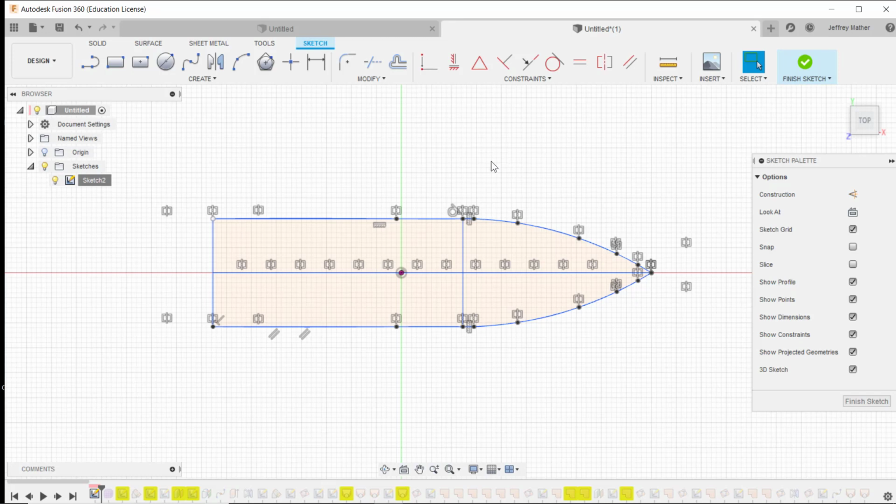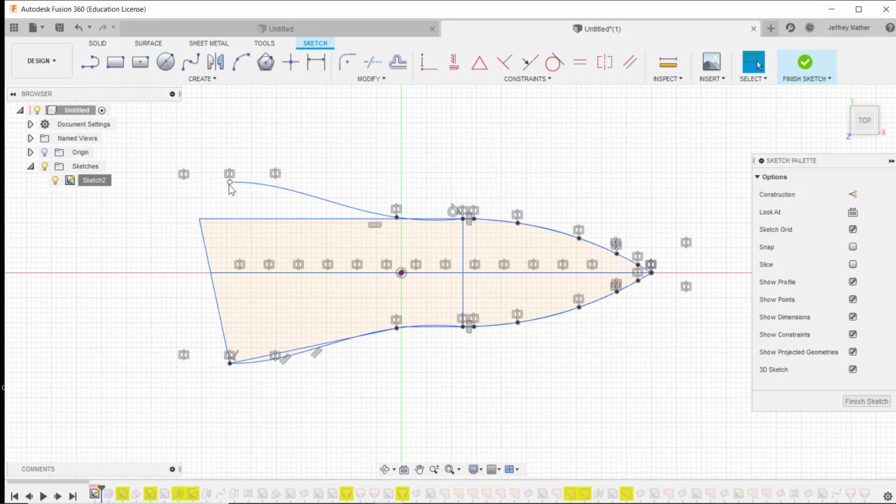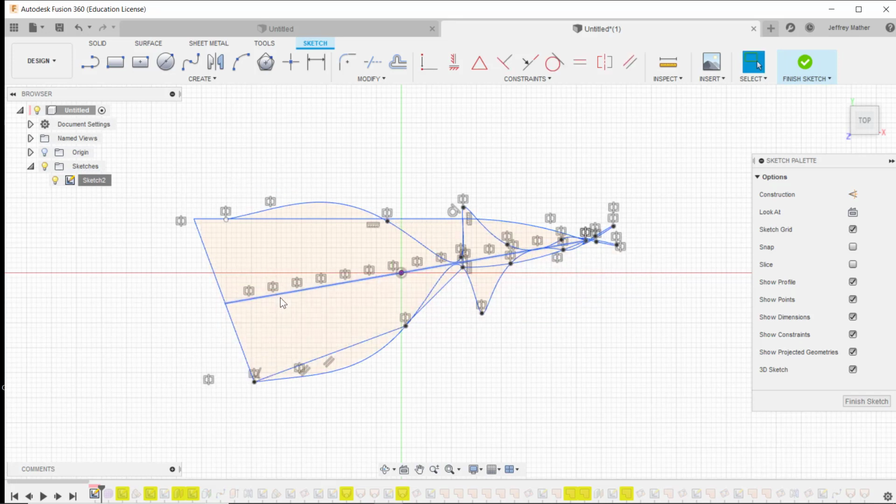You need dimensions. And so I see some white dots here. I see some black dots. I'm going to drag this black dot, and I see that this point wasn't connected to this point. I'll see that there's a line and apparently a spline over top of each other. I'm not sure why you would do that. I see that this line, it looked like it was intended to be vertical, but it doesn't stay vertical. And if I drag this, I see it looked like this is supposed to be horizontal, but it doesn't stay